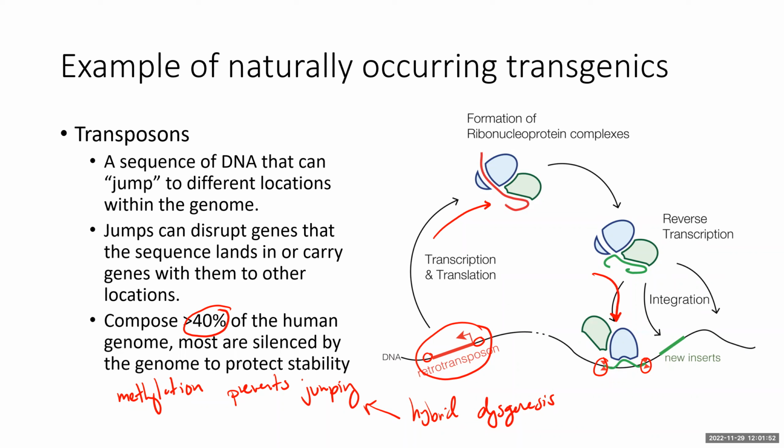So most transposons in your genome are silenced, but some of them can be activated when you, for example, are affected by a different virus. Some viruses contain transposase, which allows them to insert in your genome and then remove themselves. When they make transposase, this can activate other transposons in your genome. So even if the virus isn't causing any problems itself, it can move from one location to another, an older replicant. There are also different environmental effects that can cause transposons to jump, and hybrids have problems with this as well. So for example,